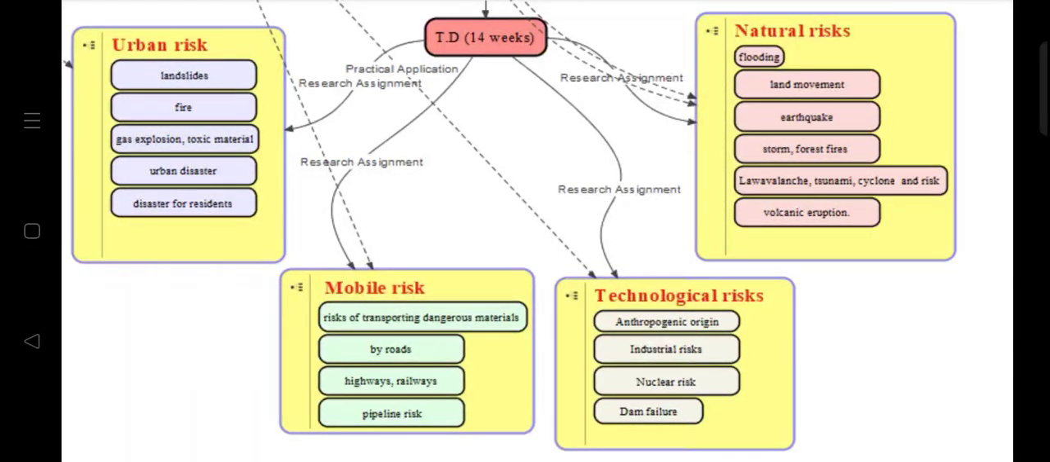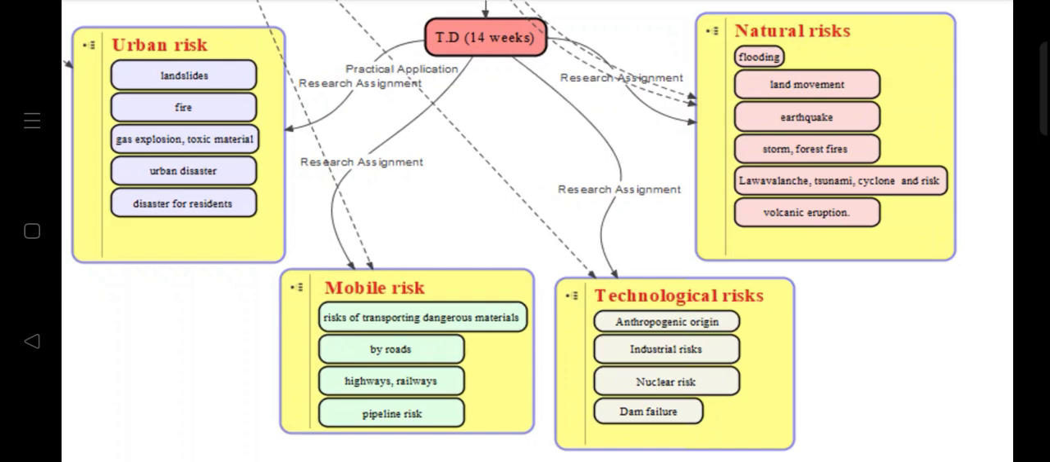Before diving into the environmental engineering course, it's helpful to have a strong foundation in topography and cartography and graphic technique, urban routes, geology, ecosystem, and Earth's processes. We learn in the natural risk the floods, flooding, land movement, earthquake, storm, forest fire, tsunami, and the technical risk